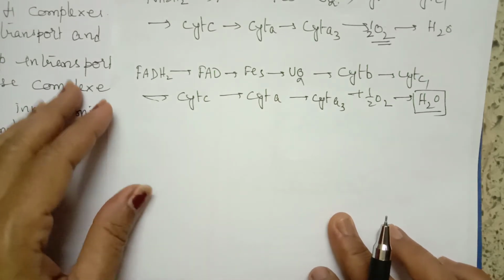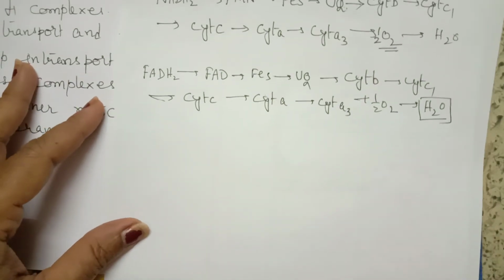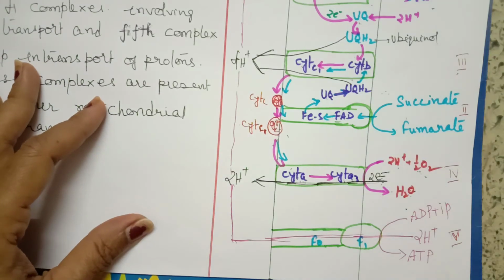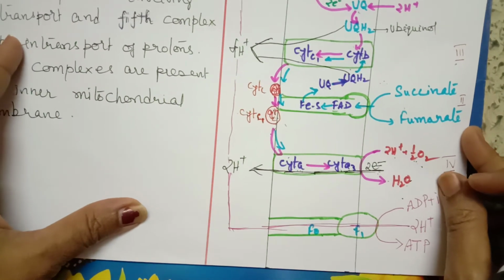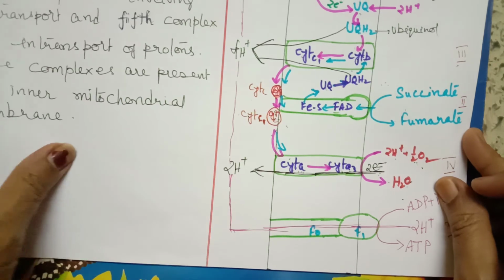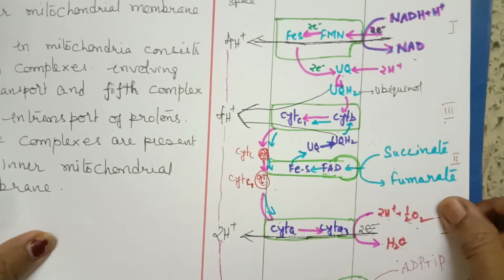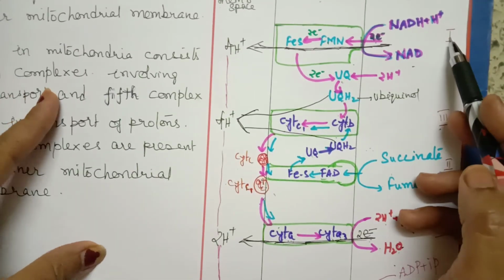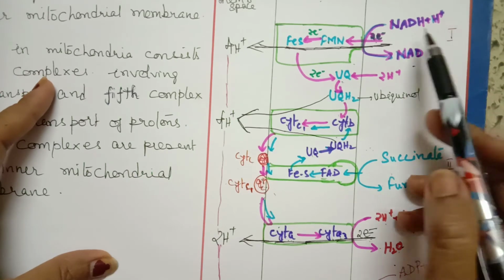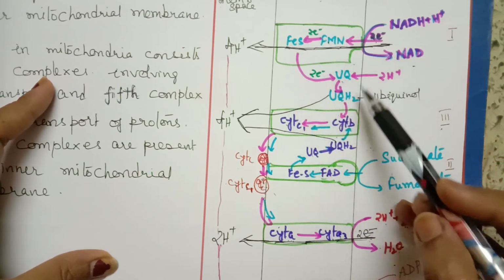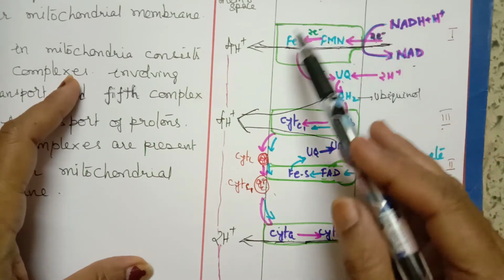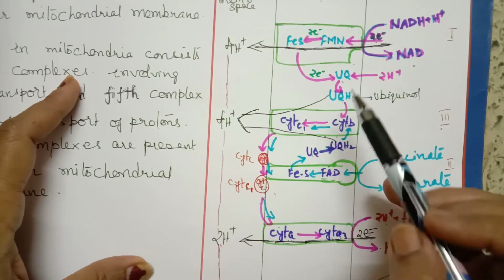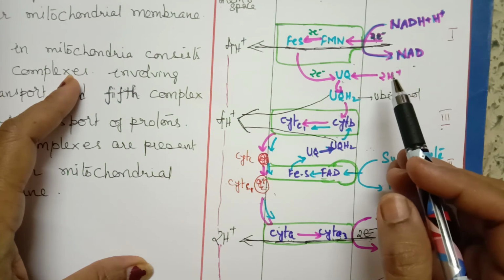Now, one very important thing. When electrons are moving, movement of electrons means it is liberation of energy. As the electrons are moving from one complex to the other, like suppose we start with first complex, the electrons are moving through first complex and they are coming to the third one. So when electrons are moving up to the third, that means there is some liberation of energy.